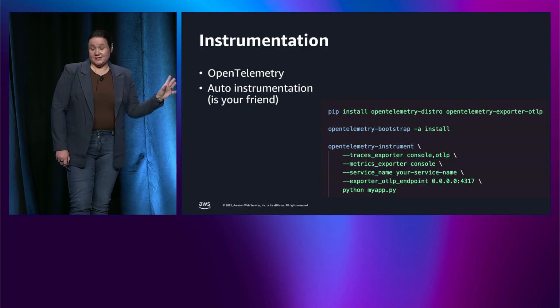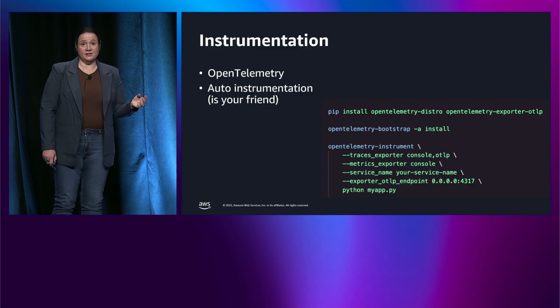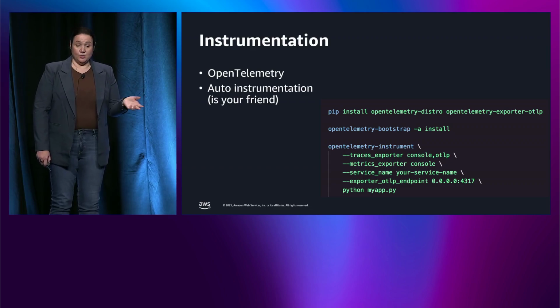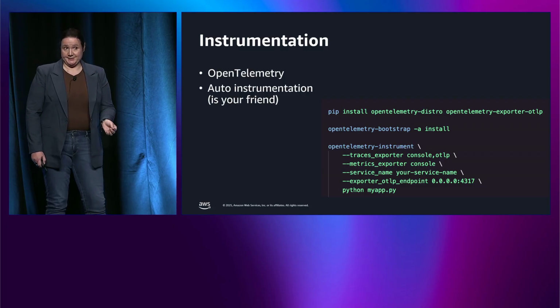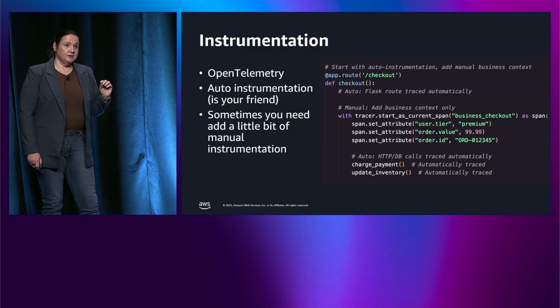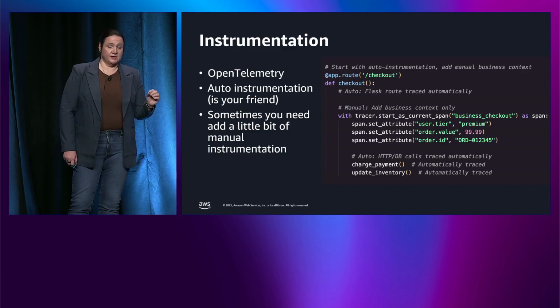So this is a really simple example of how to instrument a Python app with OpenTelemetry. All I am doing there is installing and configuring the Python OTel library. But as you can see, I'm showing you no code because there's absolutely no code change required. Now, in many cases, auto instrumentation will be enough. So in the example on the screen, the Flask route, the HTTP calls, and the database calls will be auto-instrumented,